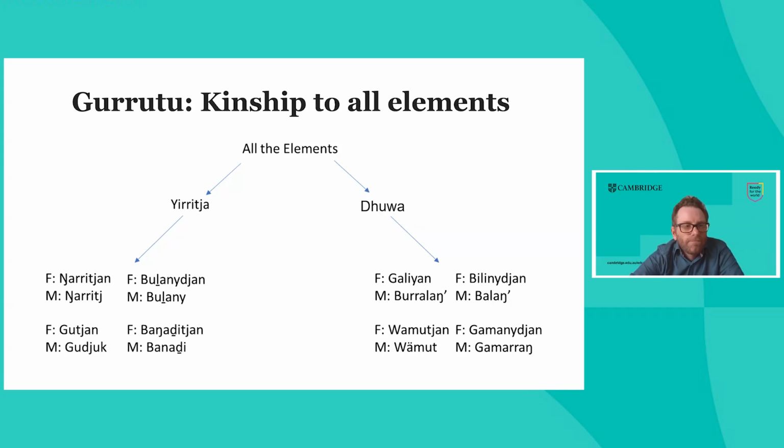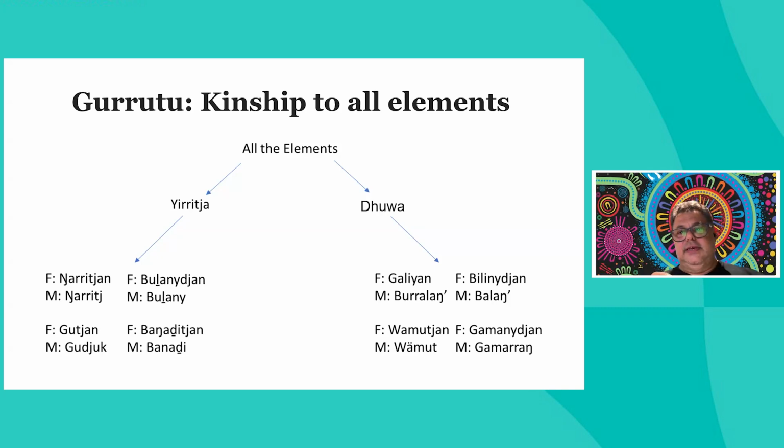Yeah. Look, I just wanted to value this because I've already talked about the fact that mathematics is a cultural expression. Gurutu is the kingship system of the Arnhem Land people, of the Yolngu people in Arnhem Land. And it's really about looking at the complexity of it, but also understanding the philosophies that sit behind it. So kingship is a poor English translation for Gurutu, because kingship implies connection with people, where Gurutu is about connections to all the elements of the world.